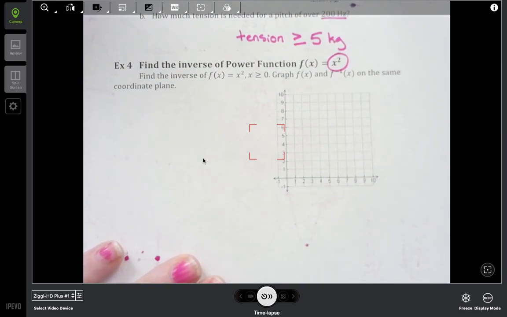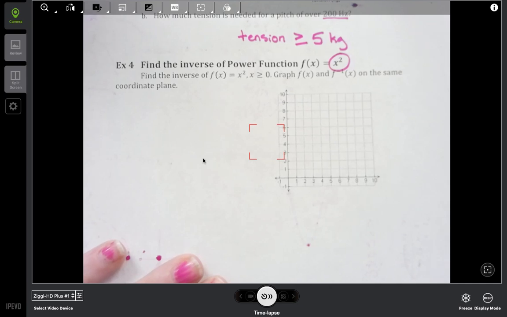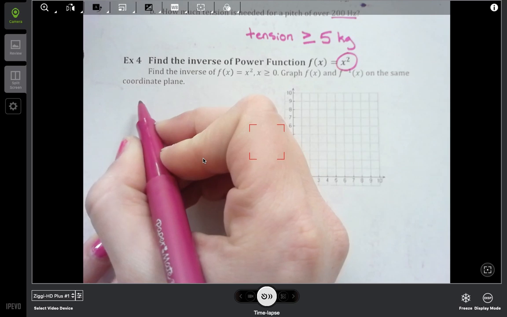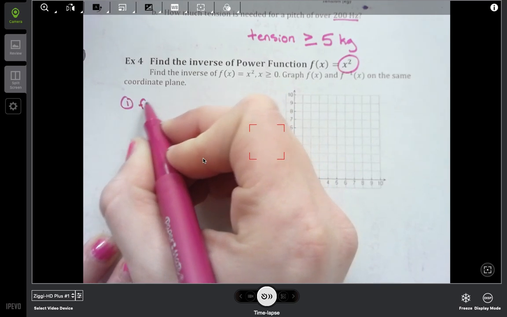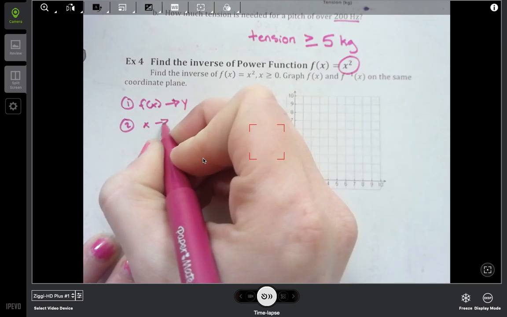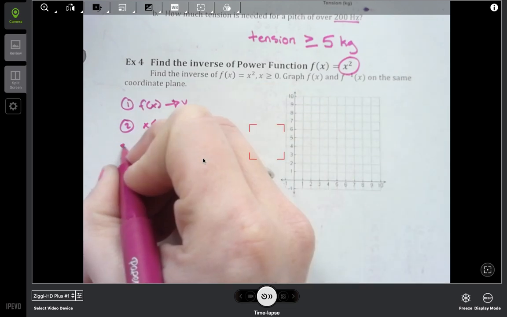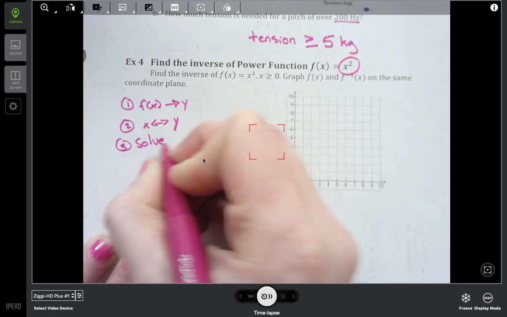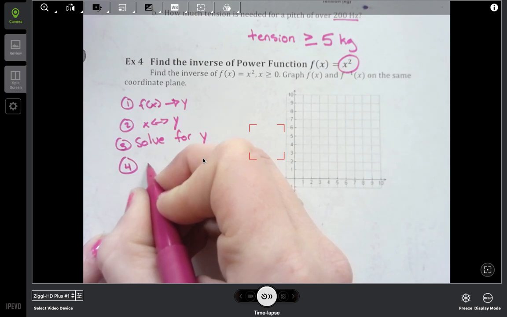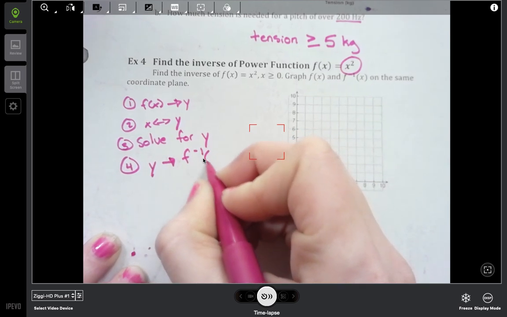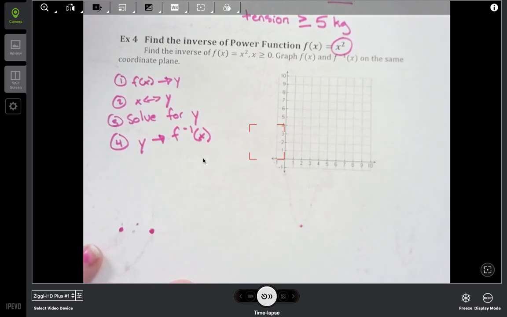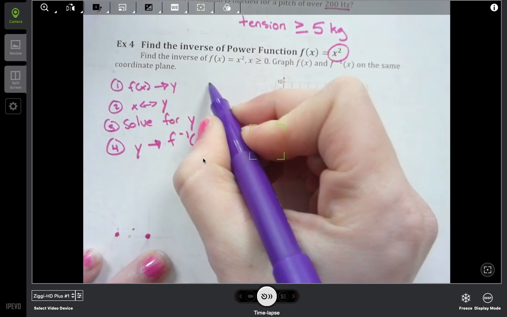Okay, so this is taking us back a couple sections to section 5.3 where we did inverses. So the 4 steps to inverse. Step number 1, f of x becomes y. Step number 2, x and y switch with each other. Step number 3, you solve for y. And step number 4, y changes back to the name of f inverse of x, which looks like f to the negative 1 power. Okay, so step number 1, f of x becomes y, so now I have y equals